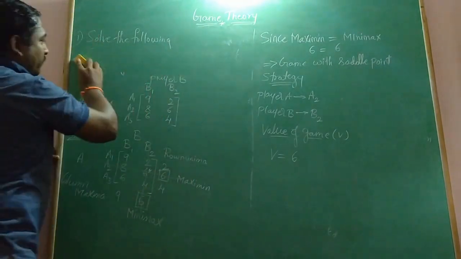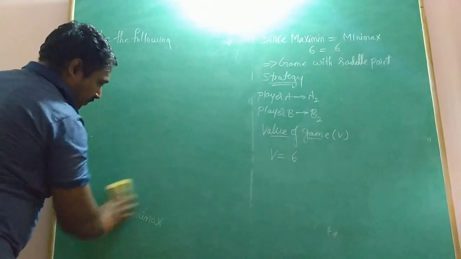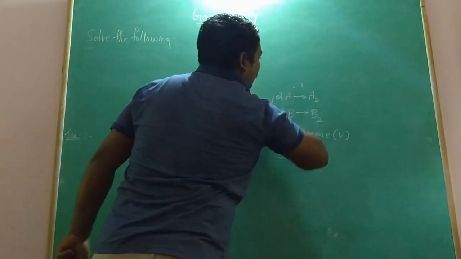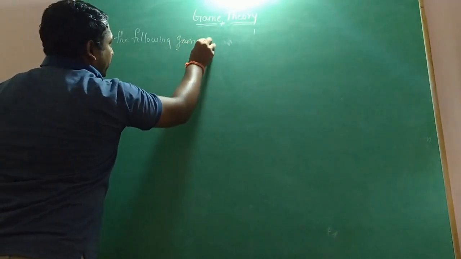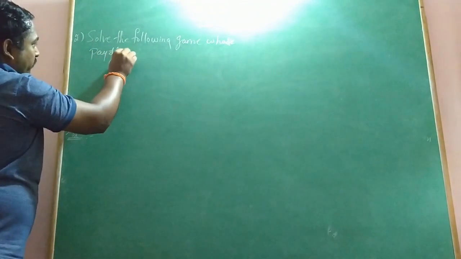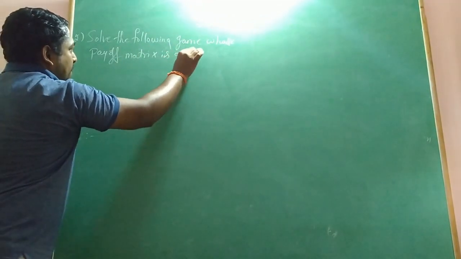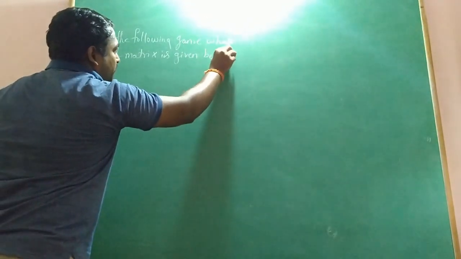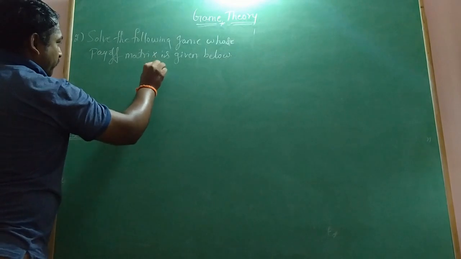Solve the following. Let's go for the second problem. Solve the following game whose payoff matrix is given below. There is a given 3 cross 3 matrix. Player B has